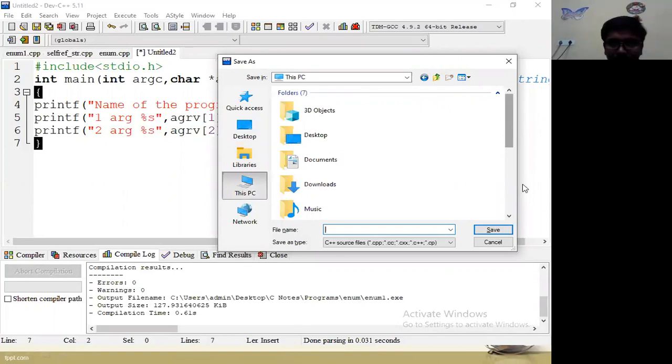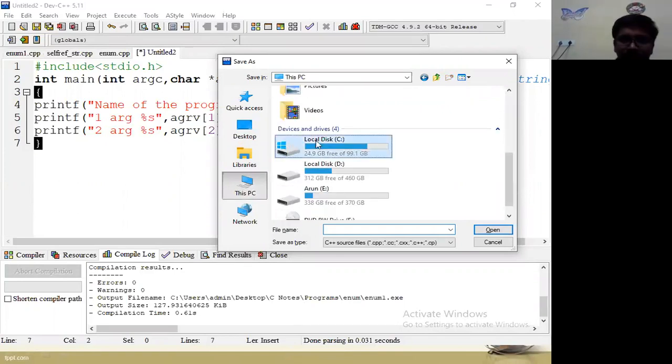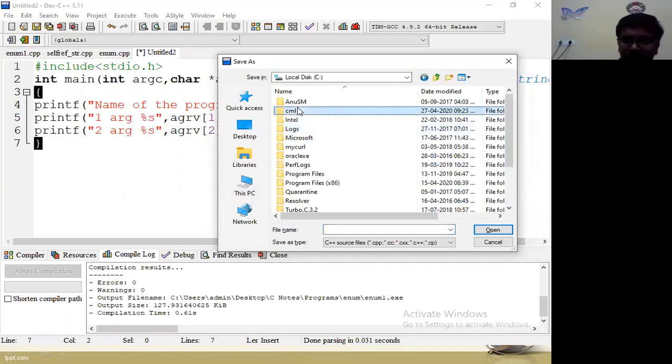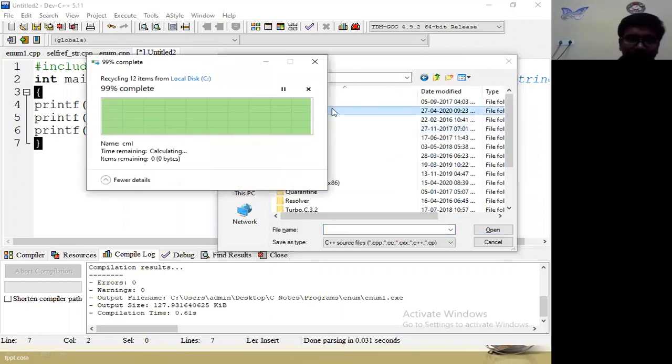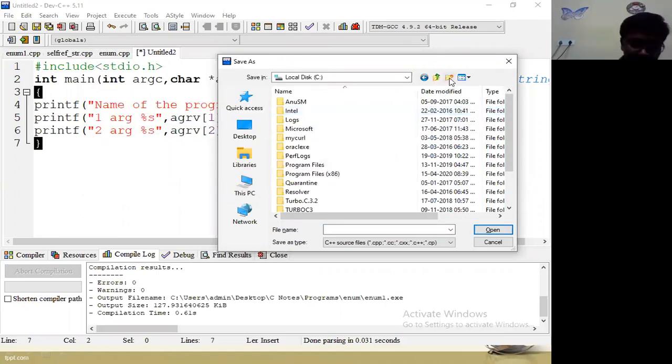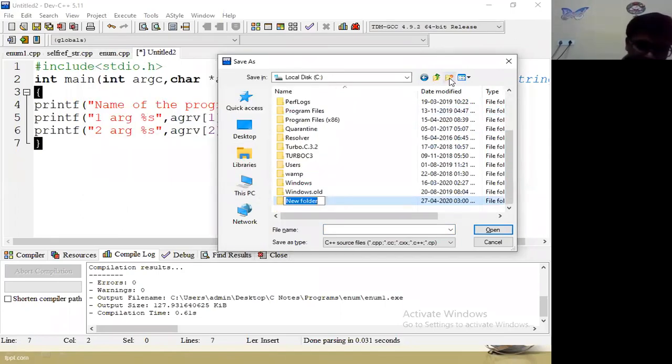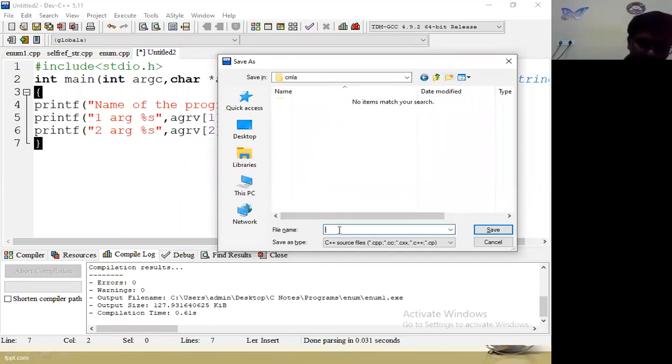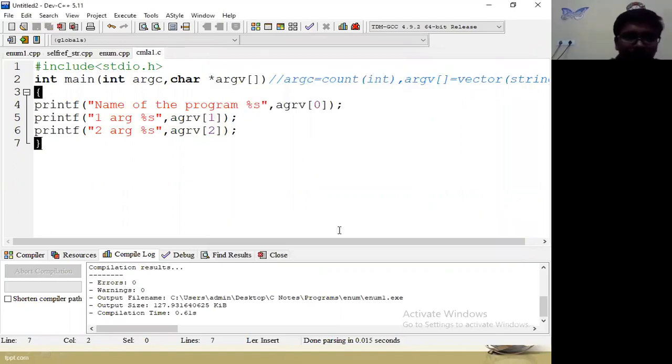In C drive, you have to create one folder, command line argument. The program name is command line argument 1 dot c.